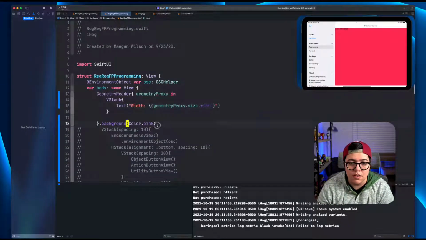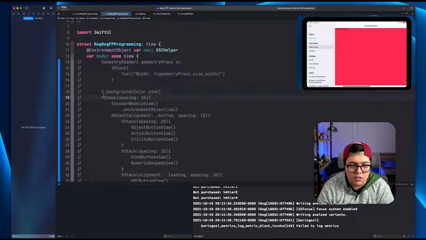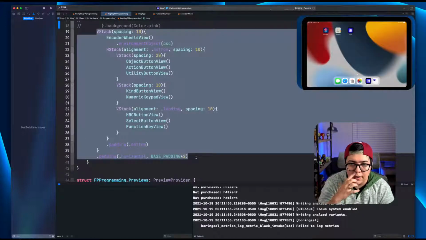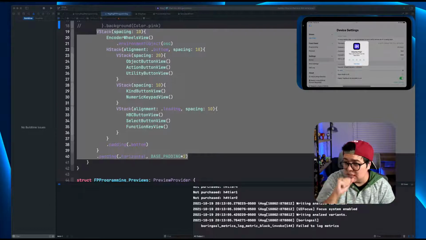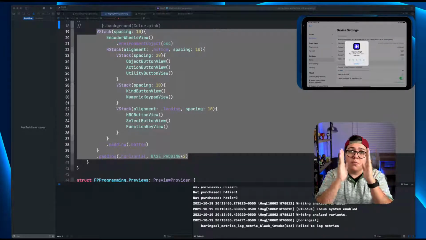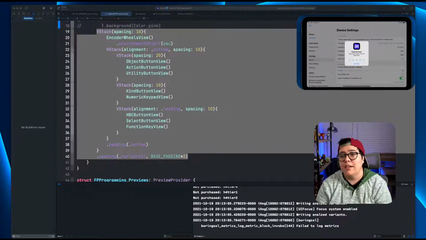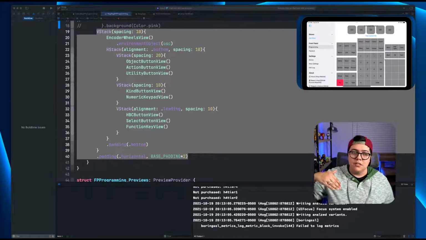All right, so let's go ahead and Command L that, that way we can comment it out. Let's uncomment this part and figure out how many columns we need exactly. Because what I'm thinking is I can keep these proportionate now that I know about GeometryReader, and we can keep these scaling down a lot better. All right, so I have 2 columns here. I mean, I have 3, so if we break this up into a little bit of a grid,